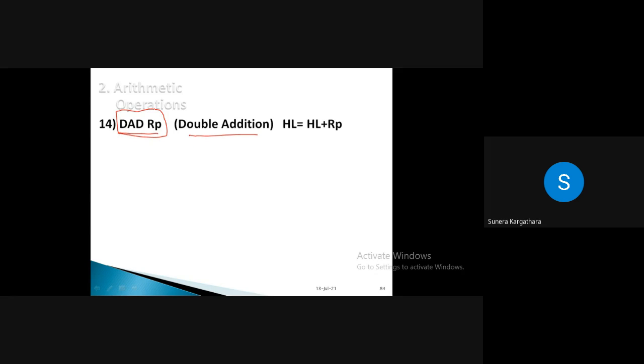Are you getting me, student? Whenever you want to add 16-bit data, we have a direct provision in addition, where we can use the DAD instruction, right? Double addition. So we know that our data must be in a register pair. So here the default register pair is the HL pair. જેવી રીતે ADD માં default register was accumulator, like the same way here we have a default register pair which is the HL pair, and whatever we are specifying here as a register pair will be added to the HL pair and the result will be stored in the HL pair, right?